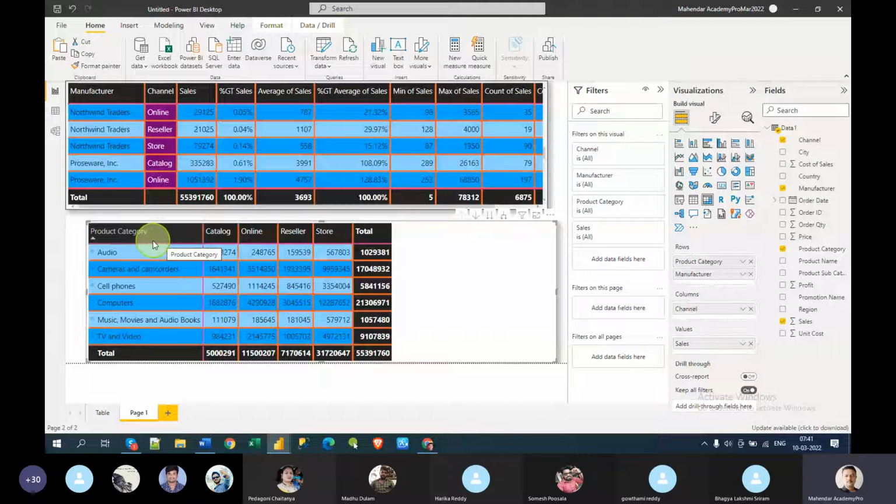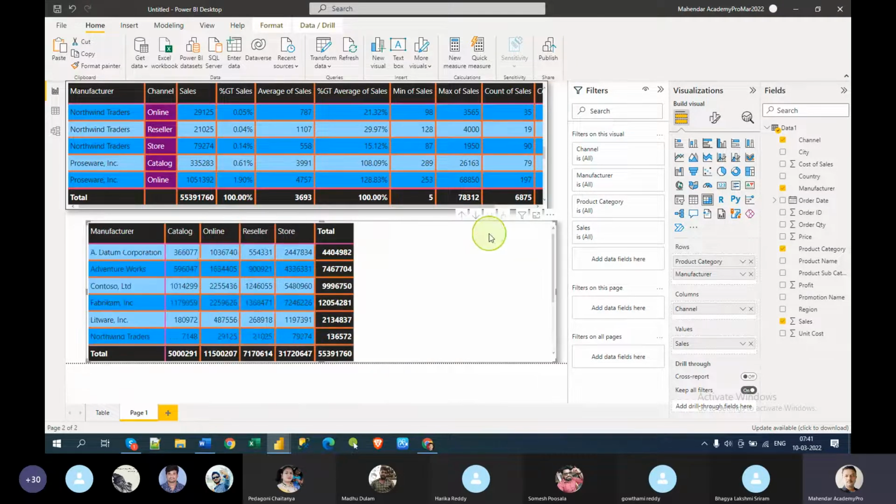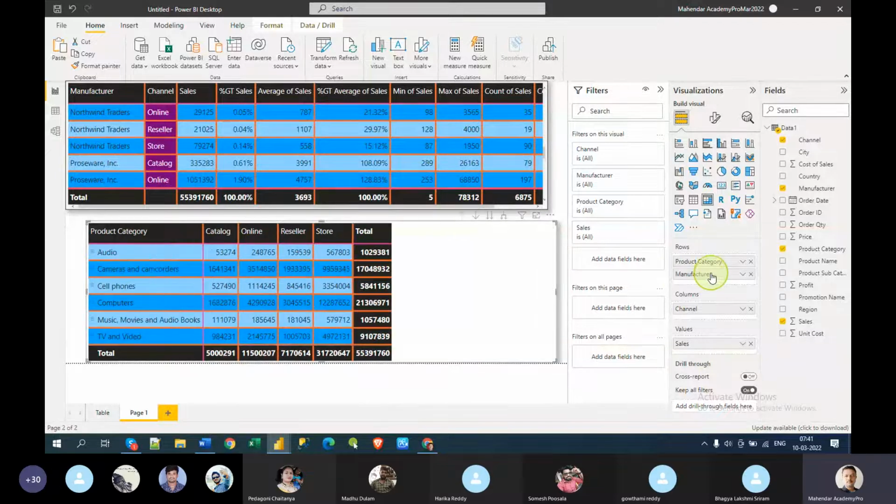If you want to do the same thing in a table, you need to remove and add. But here, you can simply click on this button. It will show manufacturer by sales, manufacturer by channel by sales. If you click next up, you will see product category by channel by sales. What is this? Next level.